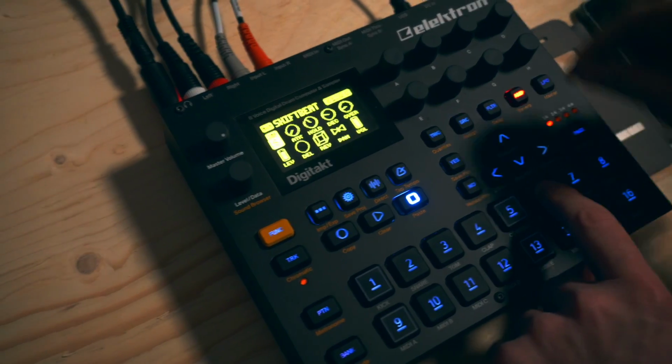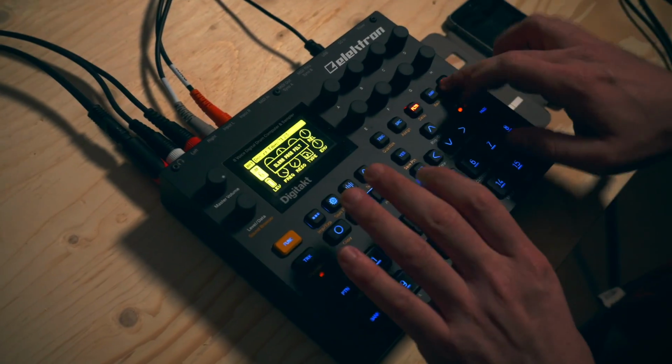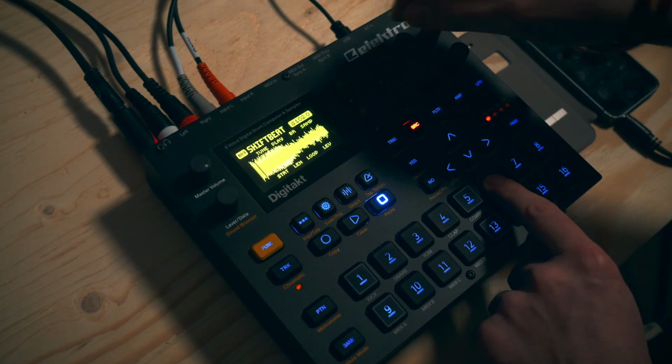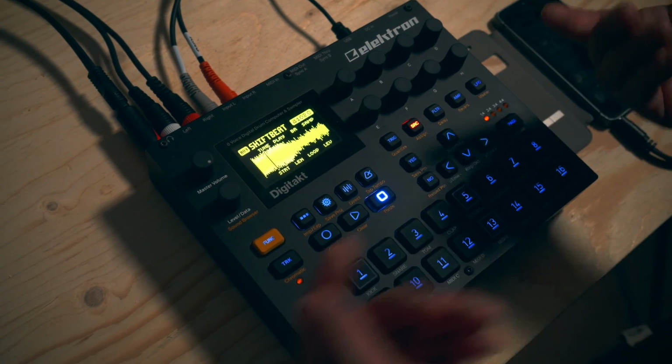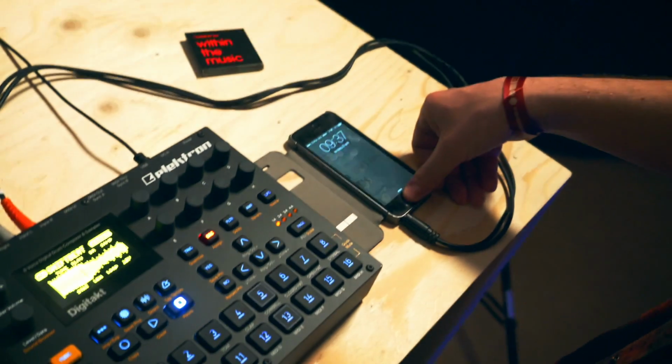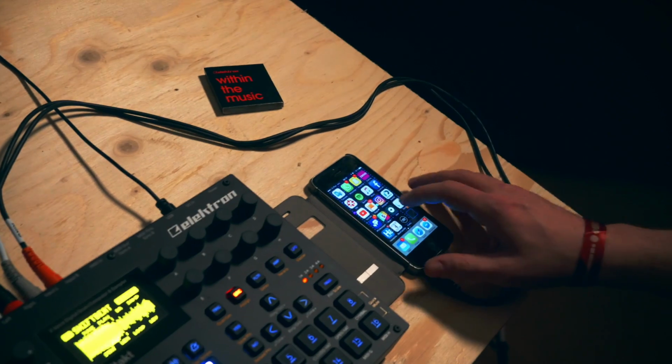Pretty simple, really. And then we should, of course, clear the other pages so that it plays as it is. And again, you can play this chromatically. It's pretty cool, really, to be able to capture that. But what we could do is actually maybe capture some kind of beats material from the phone. We have this